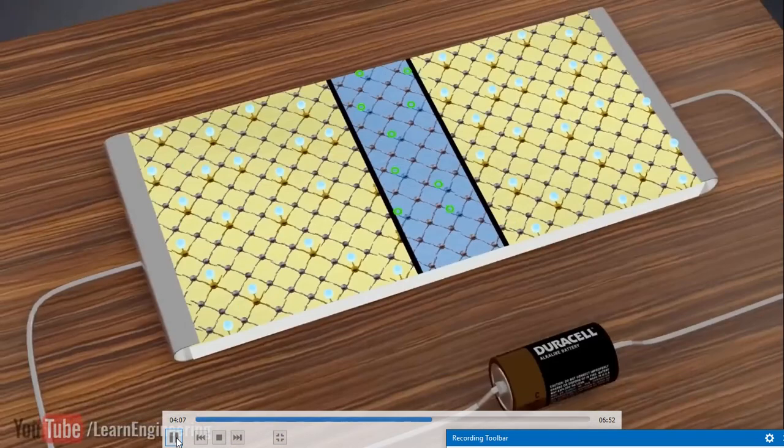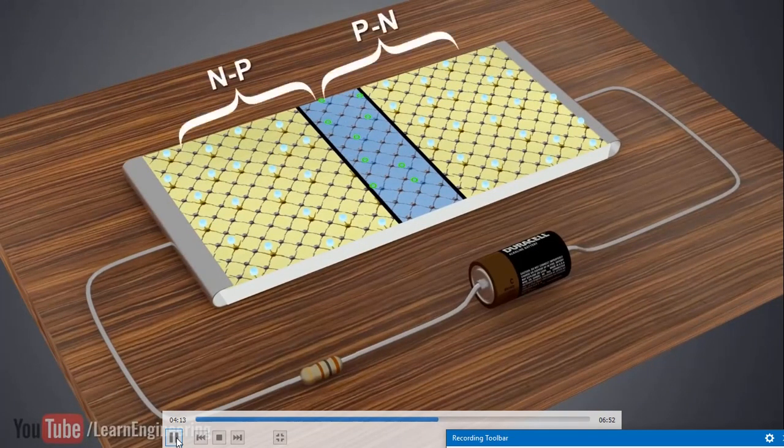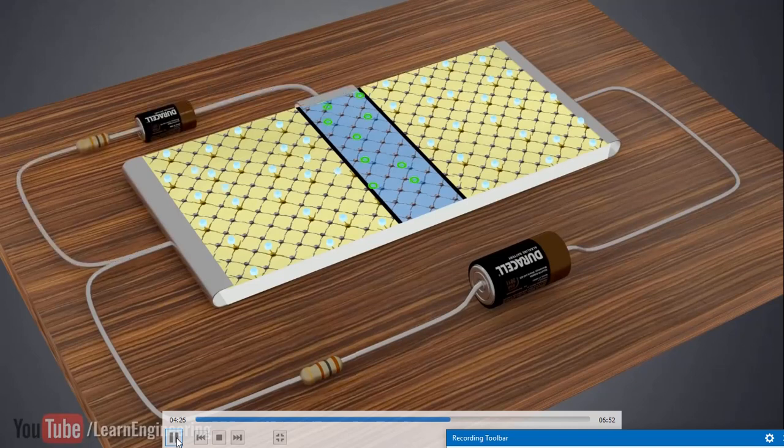But now let us take the NPN and the PNP transistor. Earlier it was a diode. Now we are going to take it in such a way that you have NP and PN. In an NPN transistor, we have two kinds of junctions: one is the NP junction and the other is the PN junction. If you consider an NPN transistor, one will be forward biased and the other will be reverse biased.